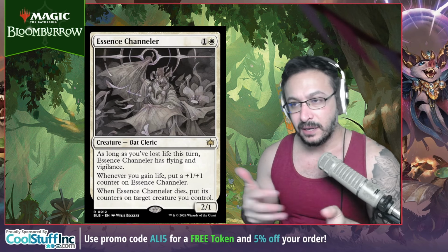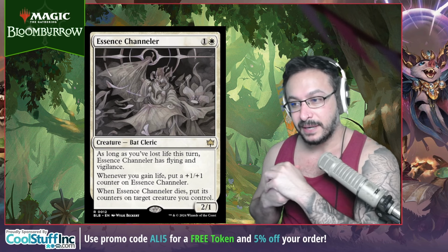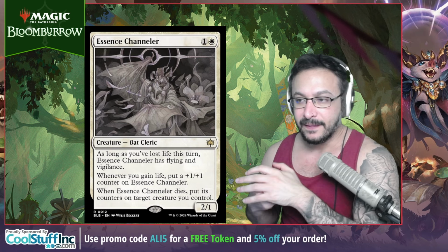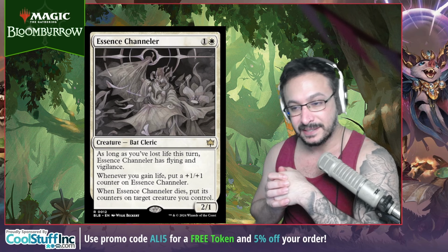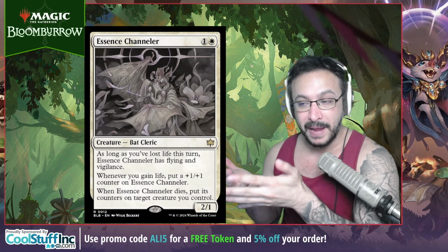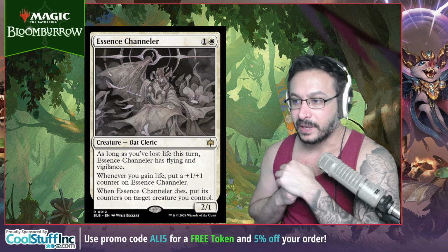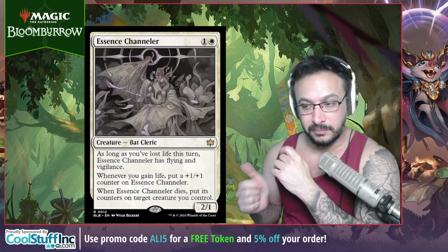2/1 is kind of like the new Lifelink, like Johnny's Pride Mate. It's a 2/1. It says as long as you've lost life this turn, the bat gets flying and vigilance. So it can get flying and vigilance pretty easily, especially because there's a lot of pain lands in the standard, like Caves of Koilos. Also, bats are in the black-white archetype, so it's pretty easy to lose life if you build your deck